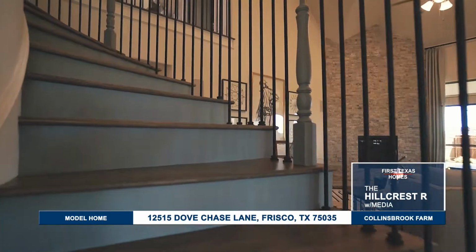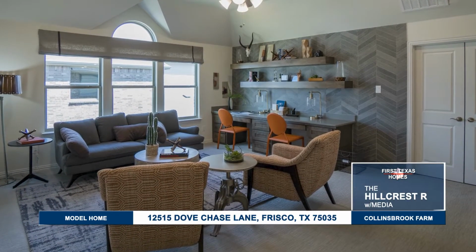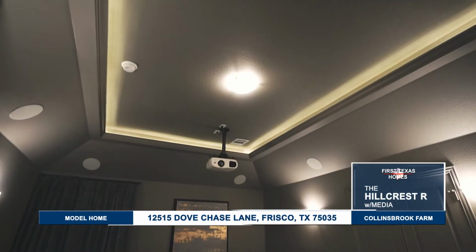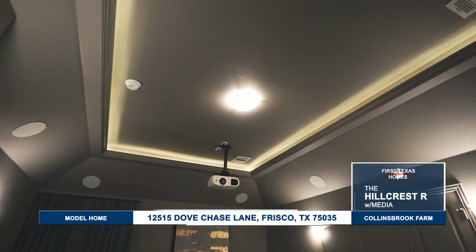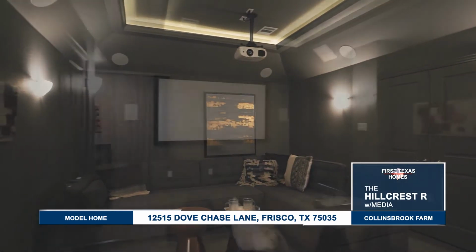Upstairs, you'll find a game room with pre-surround sound wiring and plenty of space for the kids to relax, study, or simply do their own thing. The media room features a tray ceiling, unique lighting, a wet bar, surround sound wiring, and Savant automation, perfect for